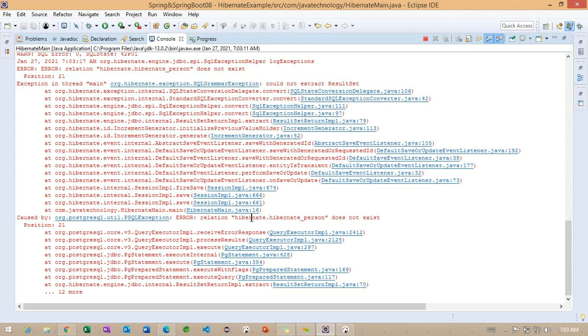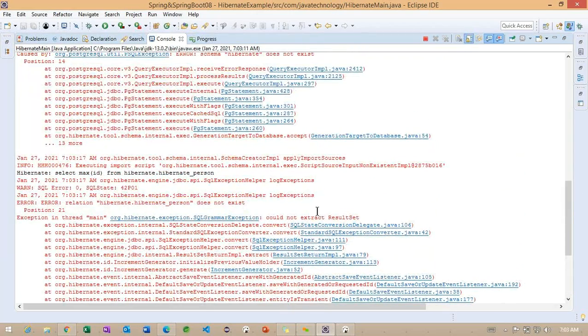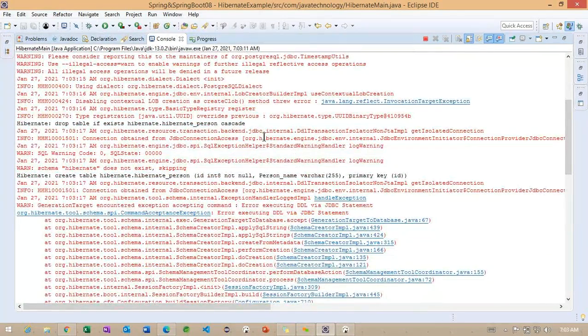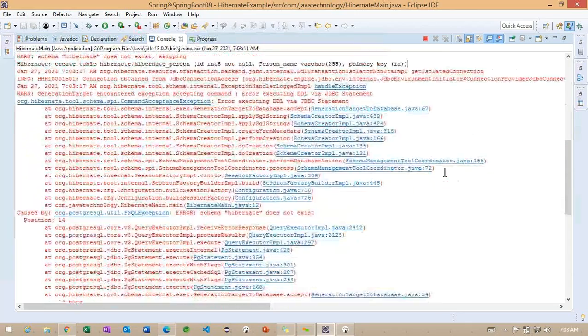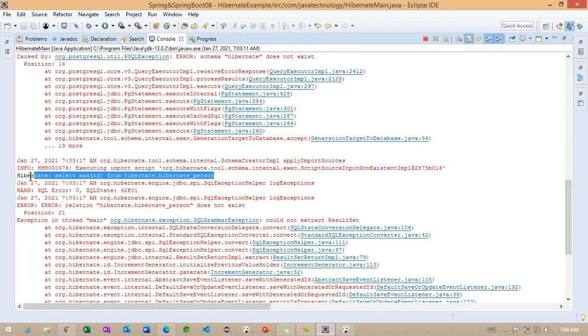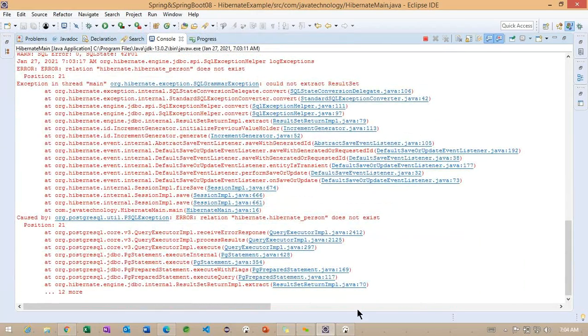Hibernate is nothing but the default schema we specified just now. Now it is trying to generate the SQL here. You can identify: drop table if exists inside this particular Hibernate schema, Hibernate person. Getting the point? And create table Hibernate dot Hibernate person with some values. Now we are trying to get max ID from the Hibernate dot Hibernate person table.